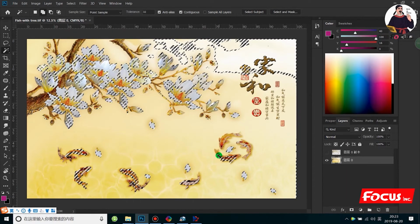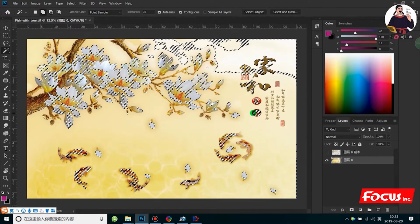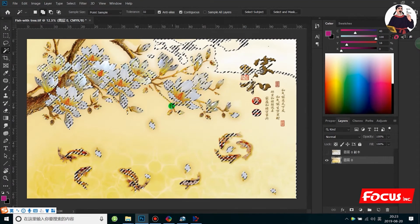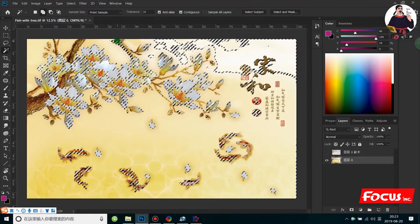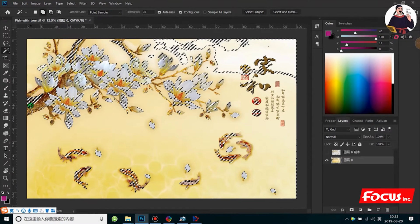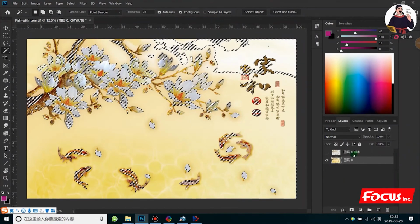So the selected area is printed for emboss result. And also the words. This is for selecting the emboss result. Okay, so after we select, we go to